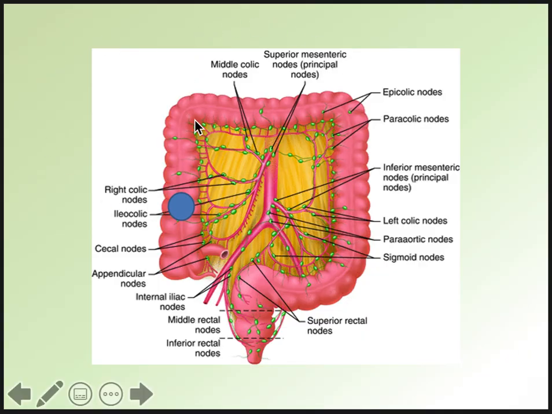So with this slide, I just want to highlight how important the vasculature and the lymphatic drainage of the bowel is. So, for example, if you have a lesion here, a tumor, it has the option to locally invade further distal to the colon, proximal to the colon, or just all the way around the colon wall itself, or it may spread to the regional lymph nodes here, maybe more distal lymph nodes, or